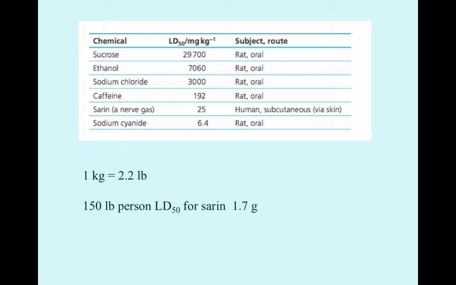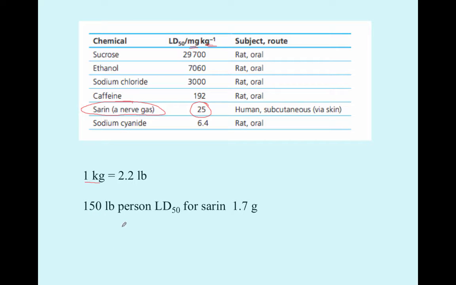So interesting, if we look at an example and we take nerve gas, sarin, it has an LD50 of 25 milligrams per kilogram. All right. So if, keeping in mind a conversion factor for every 1 kilogram is 2.2 pounds, what is the lethal dose for 50% of a human population